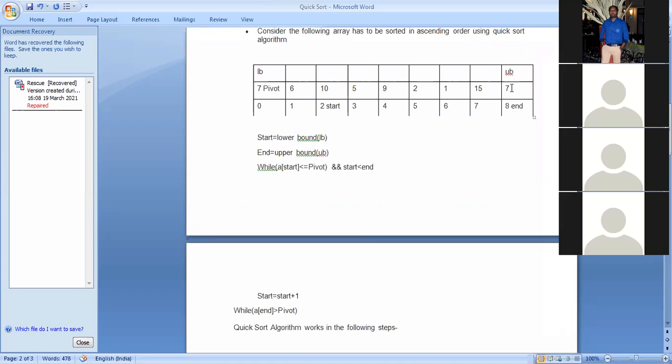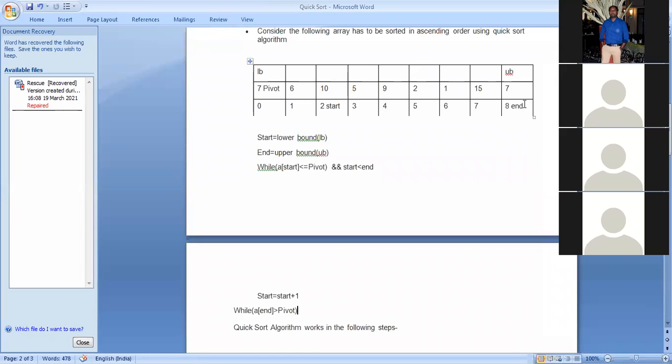So A[end] means 7. So 7 is greater than 7? The condition is false. So that means now the end value is 7.